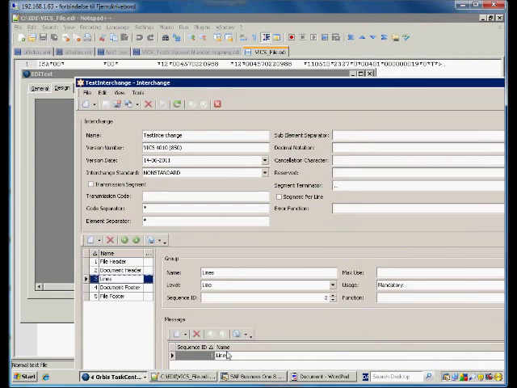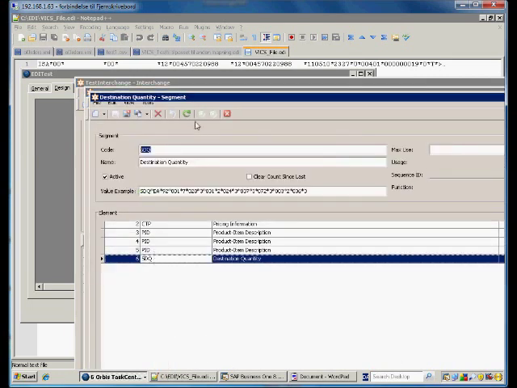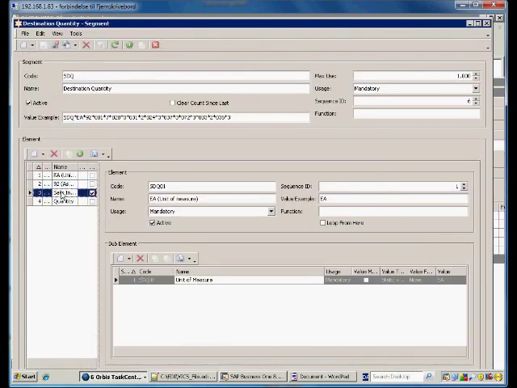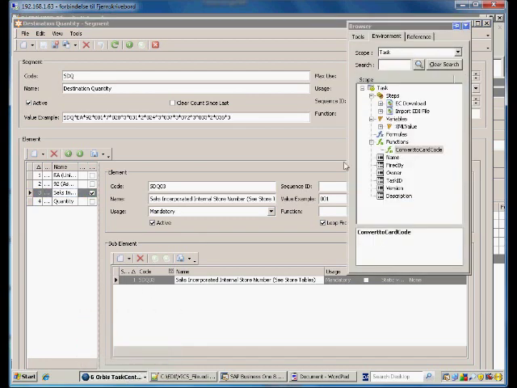Going back into the lines, into the SDQ segments, we have the store number. And what we want is actually two things. We want the function to be called so that the store number gets converted into SAKS-store number, and then we want the value to be put into the record set. And the way we do that is